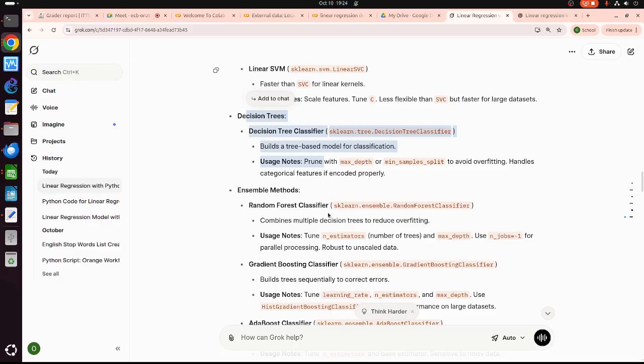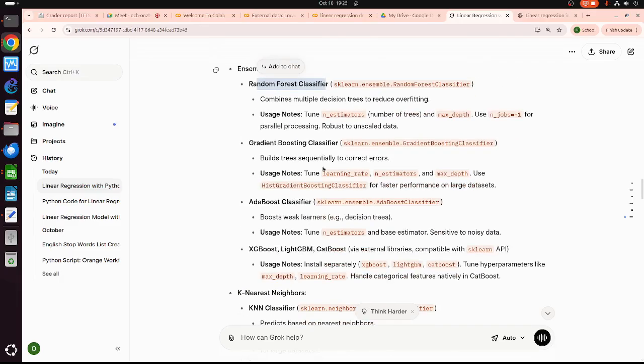Random forest is more flexible; it combines multiple decision trees to reduce overfitting, basically. I normally use random forest if I want to fit a lot of text data; this one is good.